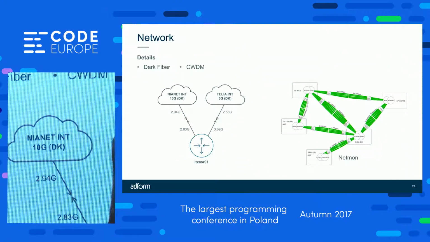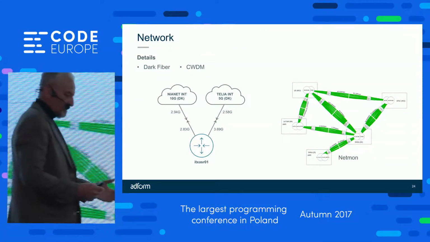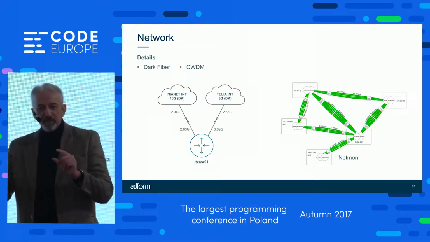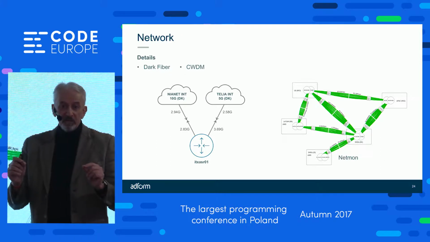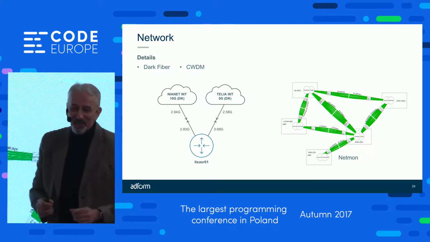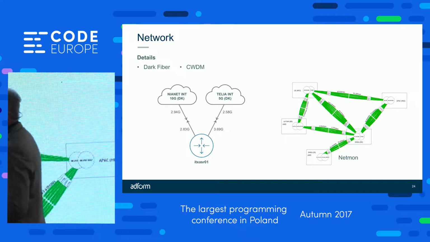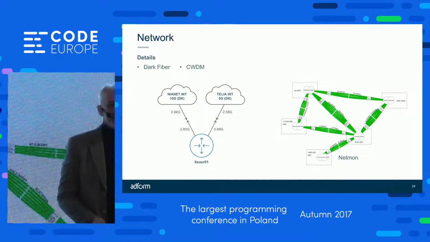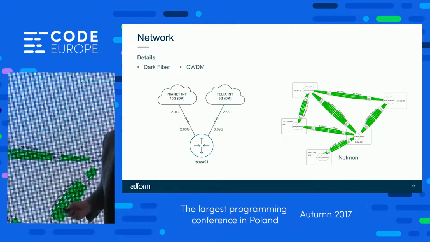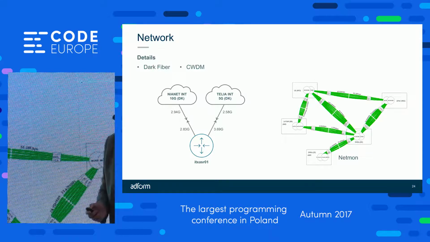So our network is configured with dark fiber. So dark fiber is that special technology that breaks the speed of light. So there is negative latency inside dark fiber. I'm just kidding. It's really fast though. It's a lot of money, but if you need that low latency, it's astonishing to the point where it's faster than the old IBM channel-to-channel stuff in the mainframes, and you can have it distributed. It does cost a lot of money. It's not cheap.